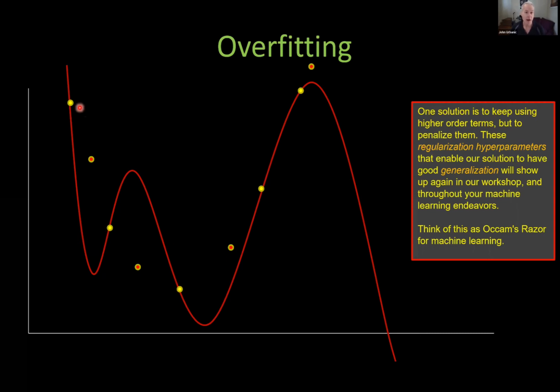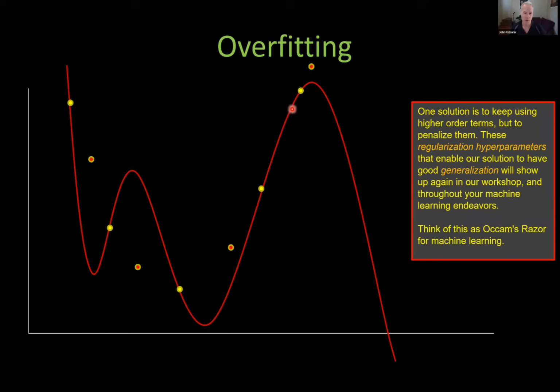So we could figure out if we're doing the wrong thing by grabbing some more data points. If we're doing our experiment here and we think that this was the right thing to do, what we could do is do some more experiments, and we'd probably find that actually our second order curve would look kind of like this, and this would give us a clue that we're going in the wrong direction. So there's a method for us to figure out that we're going in the wrong direction and we're overfitting. But the regularization parameter is what's going to enable us to do that here.